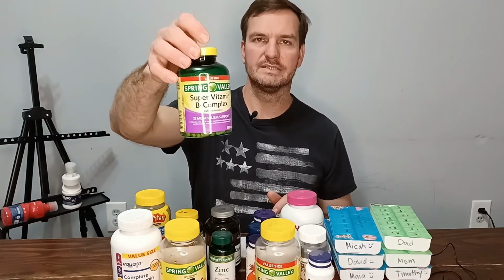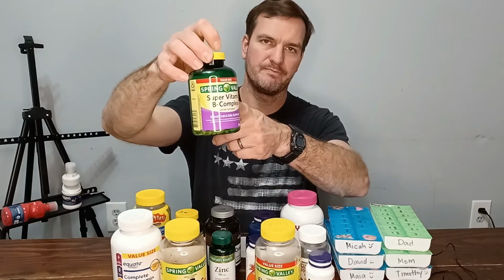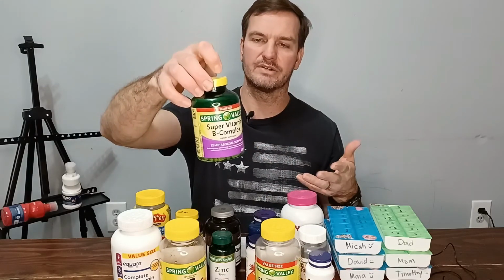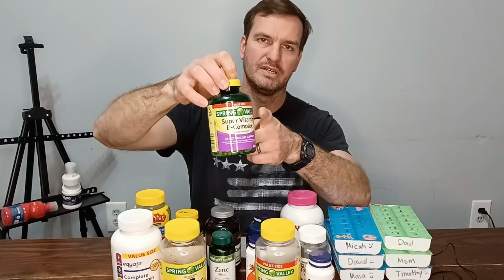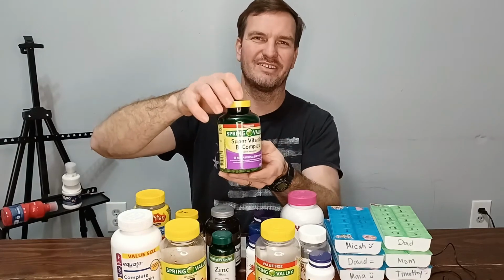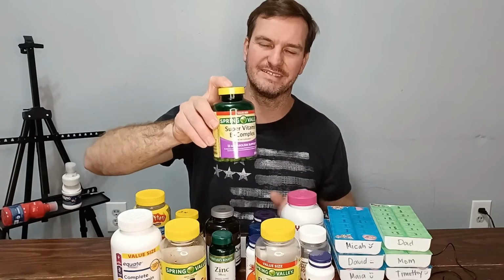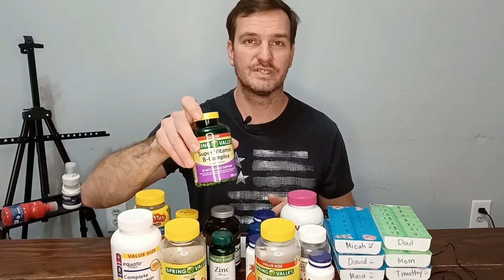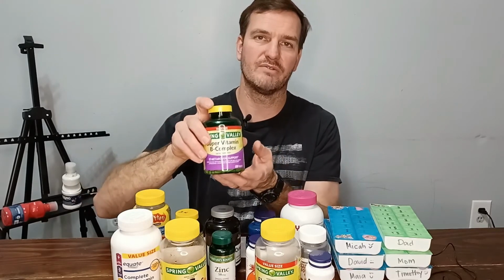Vitamin B, B complex. This seems to be really helpful with immunity. It has a lot of other hormonal and mood modifying aspects to it as well. It tastes bad. Our son David can't hardly take it. He likes to wrap it in a capsule if he has to take it. It seems to help strengthen your immune system and strengthen your lungs, like if you have a cold and are